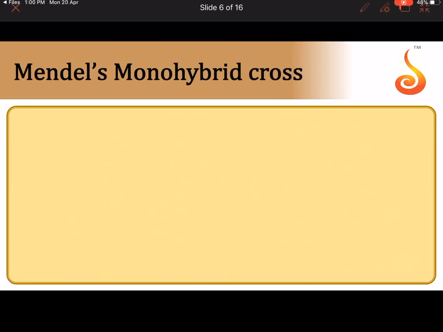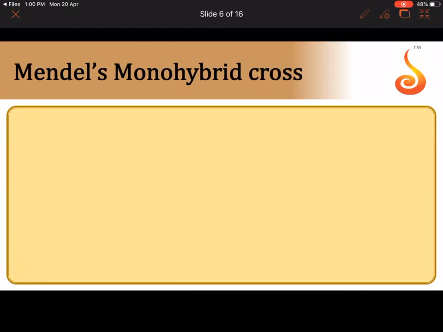Now, just to make sure that you have understood the concept, I will be giving you the schematic representation of Mendel's monohybrid cross all over again. I want all of you to open your books and practice the Mendel scheme, the scheme for the monohybrid cross, because it will make your concept more thorough. So in the scheme, first I'm going to mention what Mendel did. Mendel chose parents, P1, parental generation 1.